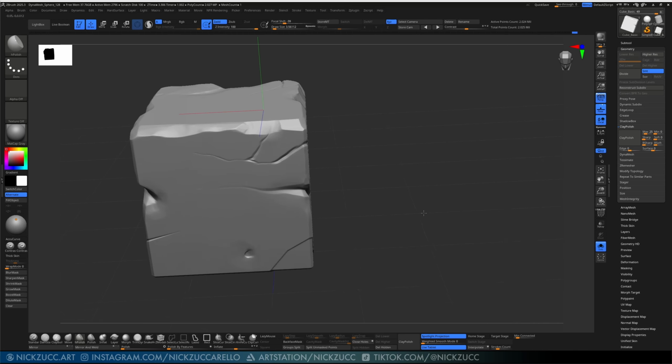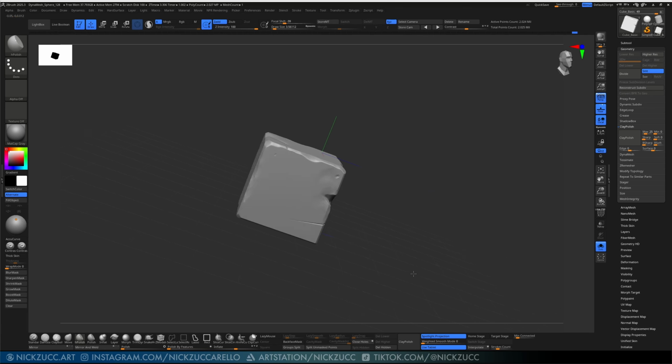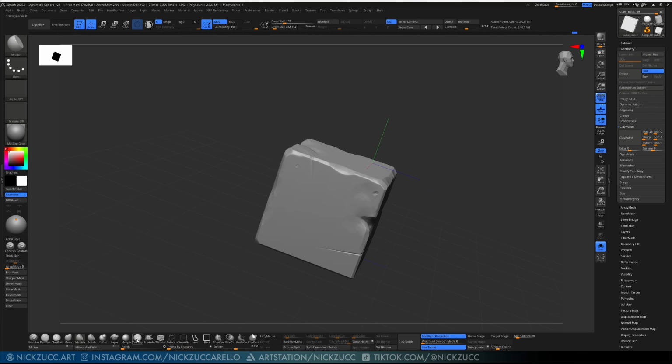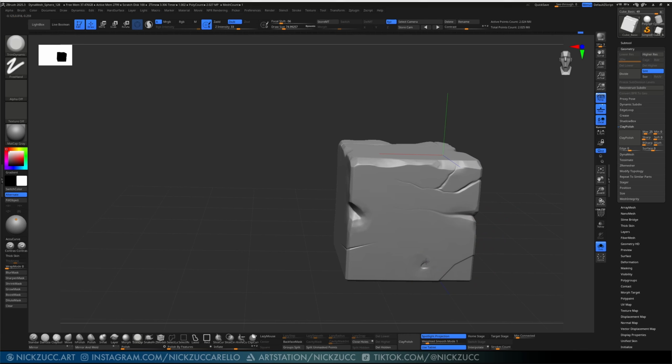Something like that. As I was making these, I sometimes felt like I had them too much all over the model and they're too detailed. So if that ever happened, I was taking the trim dynamic and just holding down Alt and filling back that hole just a little bit. So it's there. It's just not so heavy that it's in your face all the time. Because you do have to remember